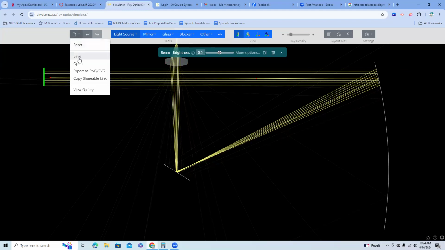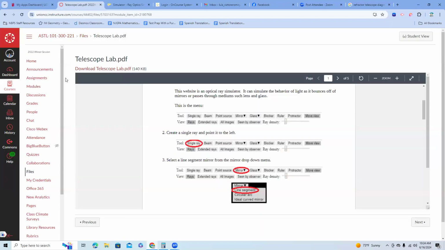Now it has the option to save it. You can export it as PNG, or you can just take a screenshot, and that will be your submission. That basically will be your submission for each section of the lab. I believe when you go to the lab,